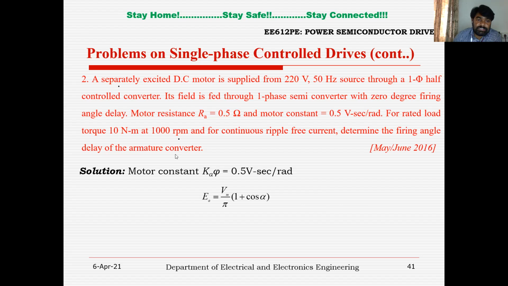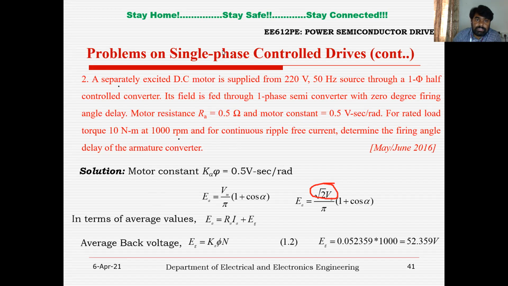So this is the expression you can see here, where Vm equals root 2 times V supply. Now the terminal voltage equation we know is EA equal to IARA plus EG, but EG we know is KFI into N. Now to calculate KFI, KFI is given as 0.5 volts per radians per second. So we need to convert this volts per radians per second to volts per RPM. To convert that, we need to multiply this with 2 pi by 60. So you can see here, it is multiplied with 2 pi by 60. Then you will get the value in volts per RPM, right?